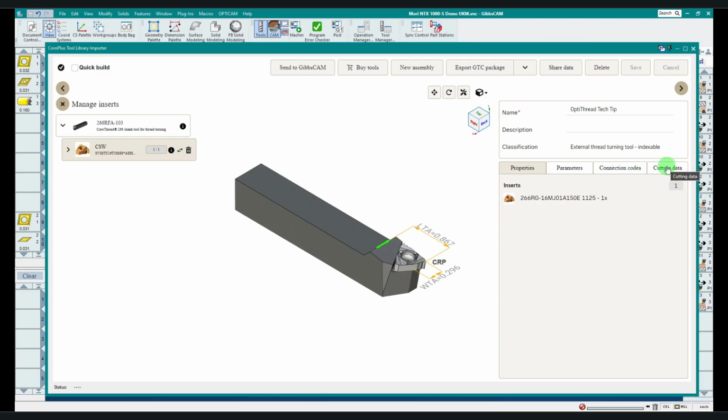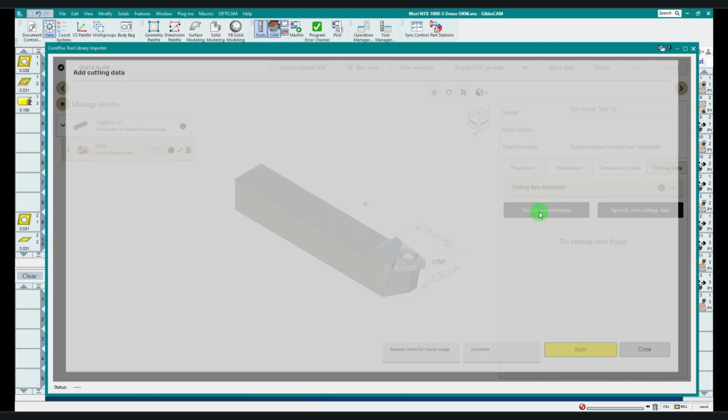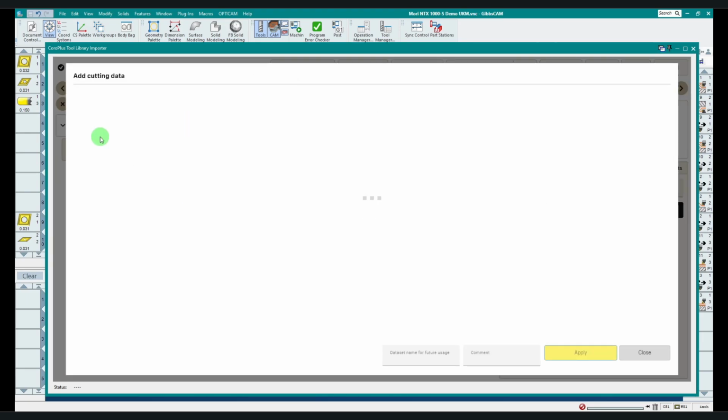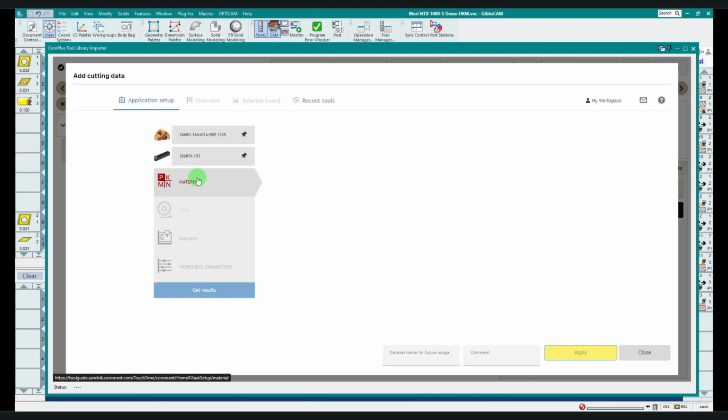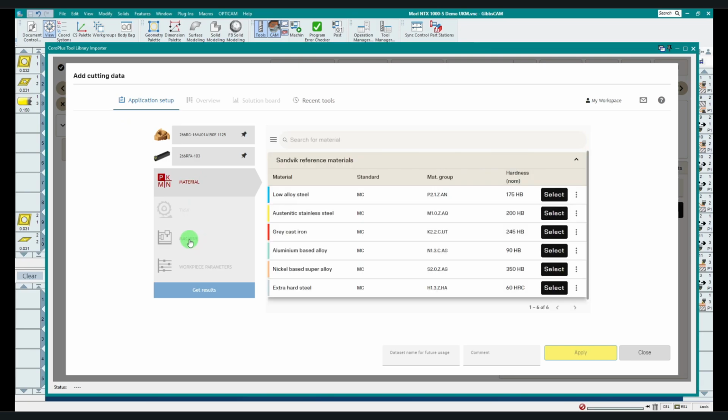There we go. Now I'm going to go to the Cutting Data tab, and of course we don't have any for this tool yet, so we can specify our own and manually enter the values if we know them, or we can get recommendations. So I'm going to click Get Recommendation, and then I'm going to build some parameters to my application here. Material type, task, which would be external thread in this case, the size of our machine, and